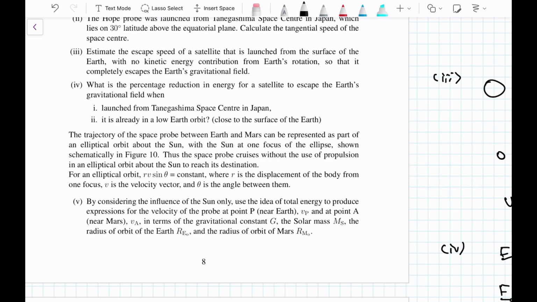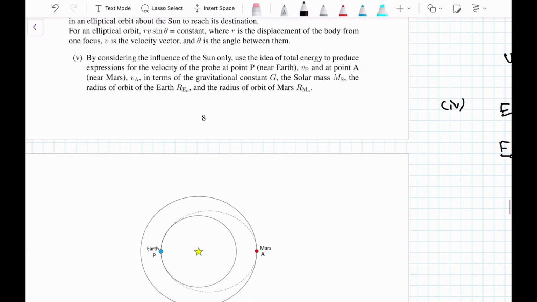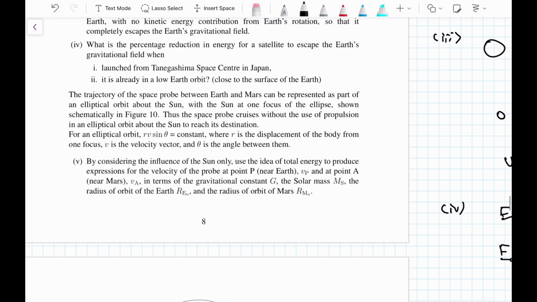By considering the influence of the sun only, use the idea of total energy to produce an expression for the velocity of the probe at point P. So, point P near Earth, to produce an expression for the velocity of the probe at point P, Vp, at point A, Va, in terms of the gravitational constant, solar mass, and the radius of orbit of Earth, REO, and the radius of orbit of Mars, RMO. Okay, so